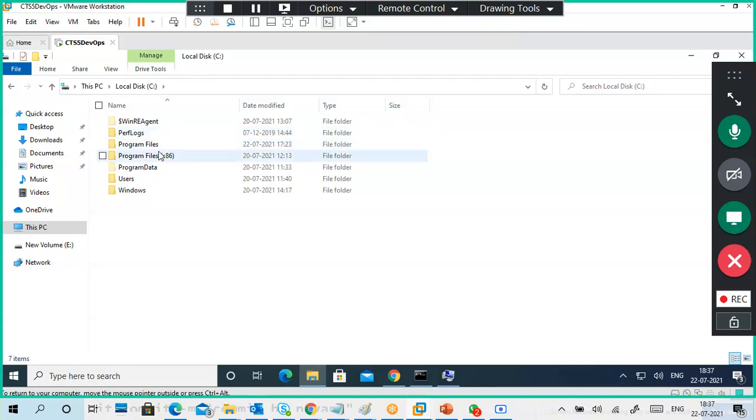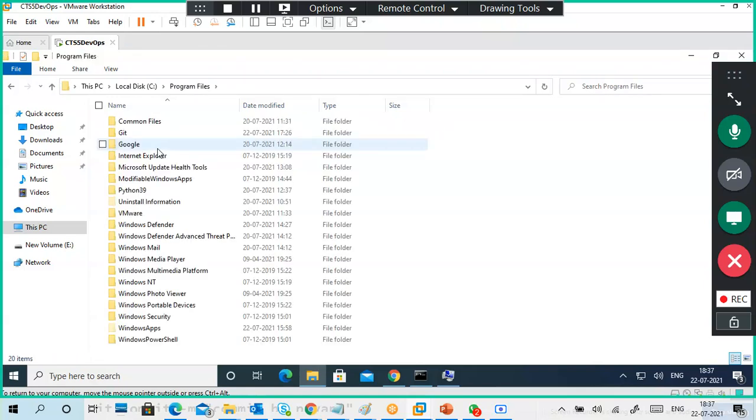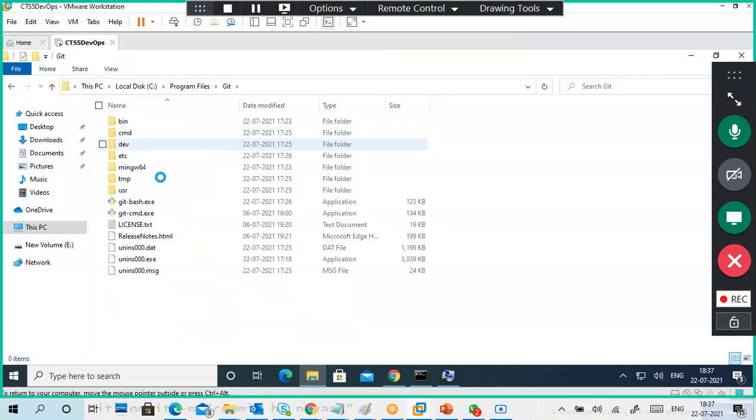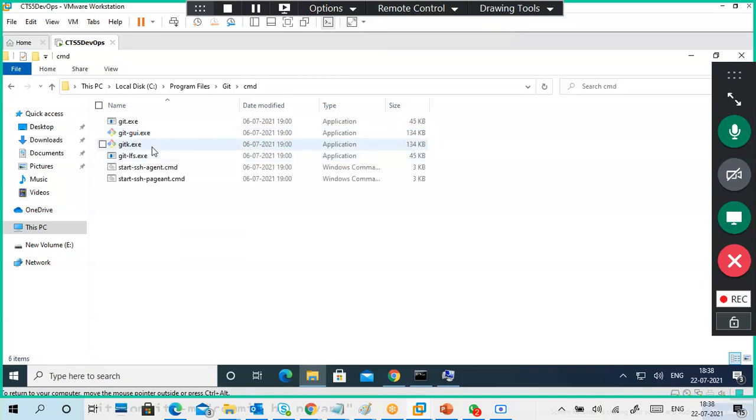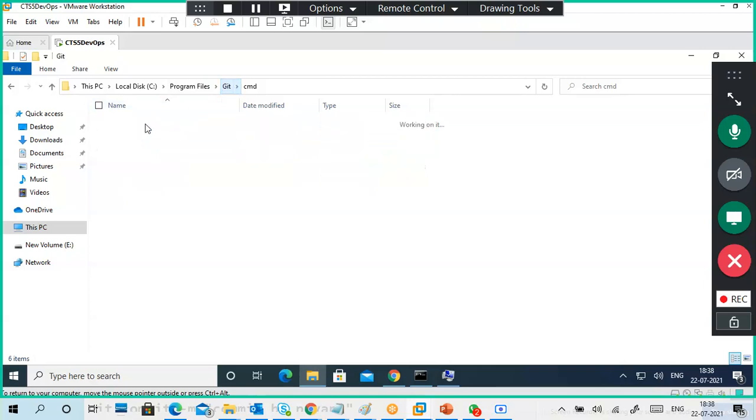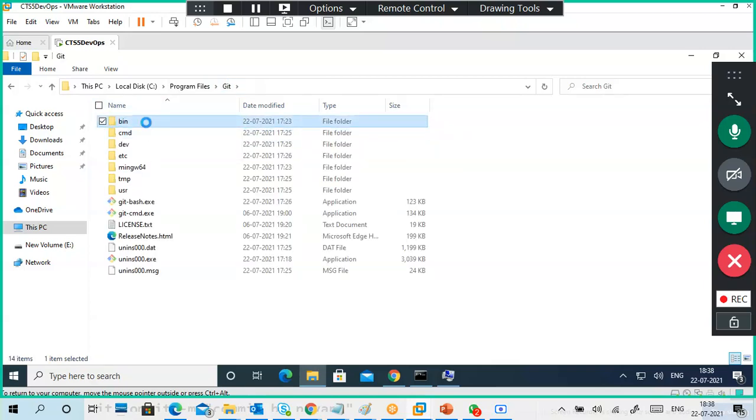It is not throwing any error either. Where is Git? It is in bin.